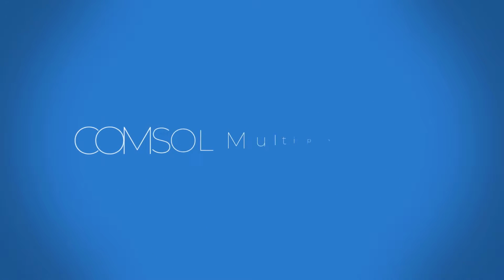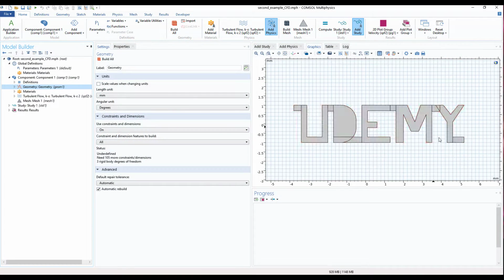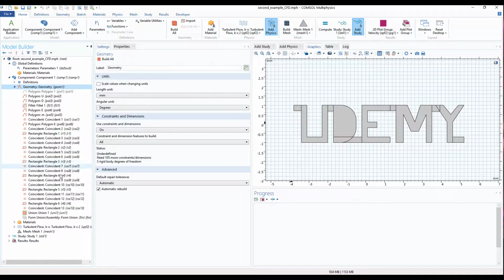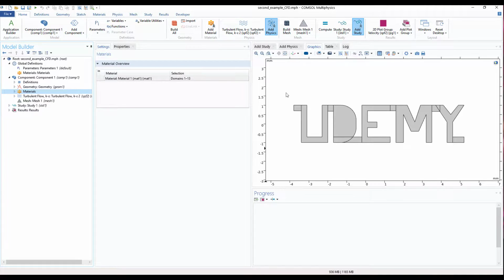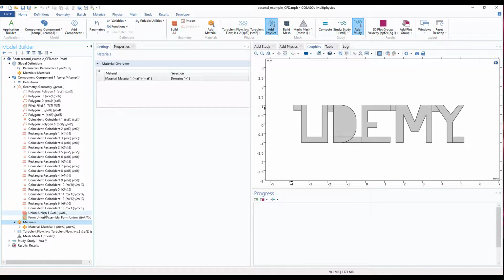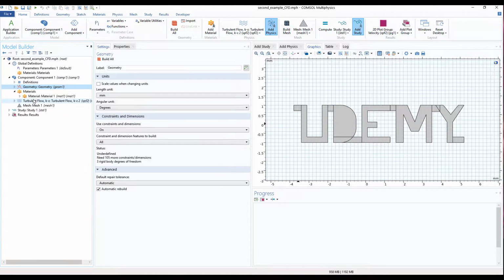Hello. In my last lecture, I explained how to make the geometry of this kind, which is slightly complex, having multiple components, polygons and rectangles. So in this lecture, we will learn how to add materials and physics. By the way, COMSOL is smart enough, and if you set the object to be a union object, that is a combination of all the components, then in the material